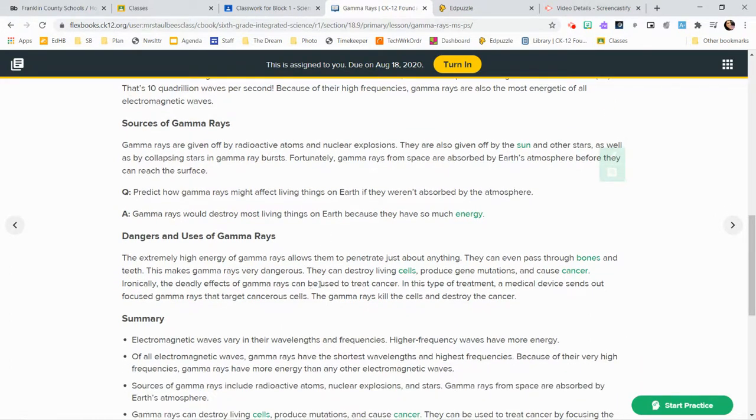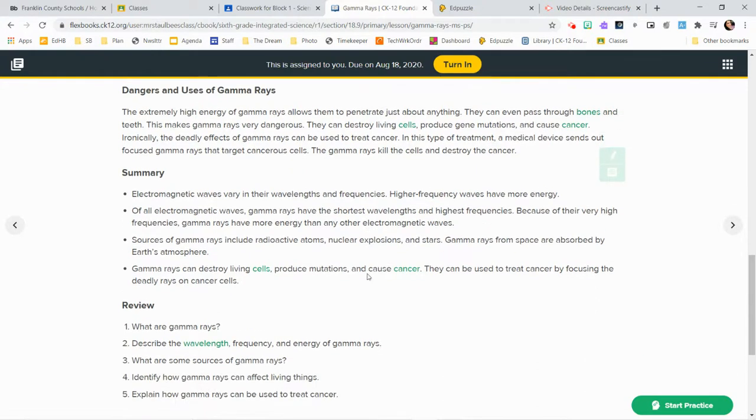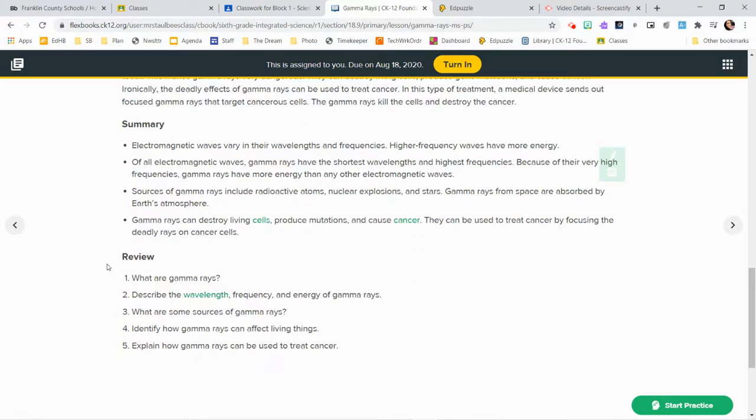There are times when you will see vocabulary words that are underlined with a dotted line, and those will, if you hover, populate a definition for you. Unfortunately, I haven't come across any today that had one of those. These review questions are sometimes assigned as a Google Docs assignment, but right now we're focusing on doing assignments that